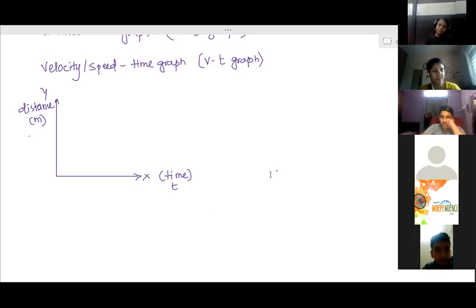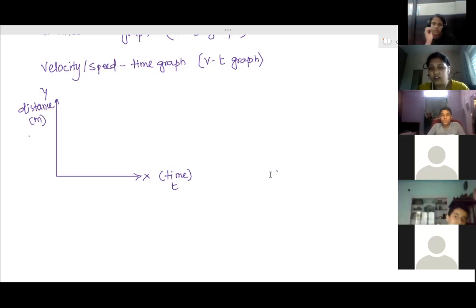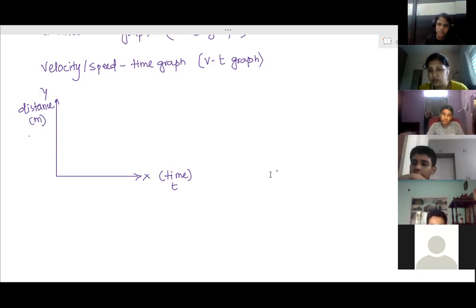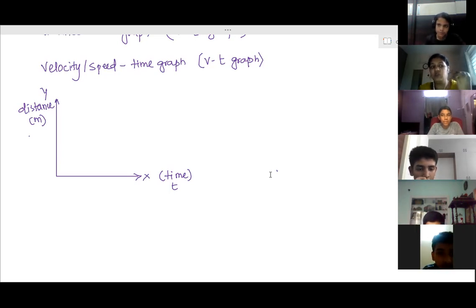You're fine. So distance time graph for different types of motions, the structure of the distance time graph is different. So if you know the structure, you will get to know the type of motion. From the graph, you can easily find out the type of motion. So there are types of motion we have to see. Three conditions we have to see. When the object is at rest, that means it is not moving. Second, the object is in uniform motion. And the third, when the object is in non-uniform motion. So for these three conditions, you need to know how the distance time graph looks like.